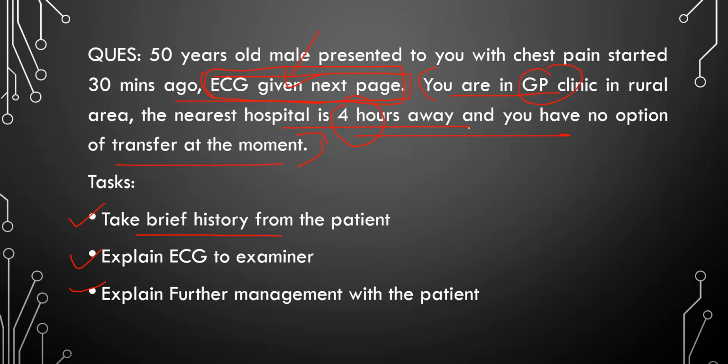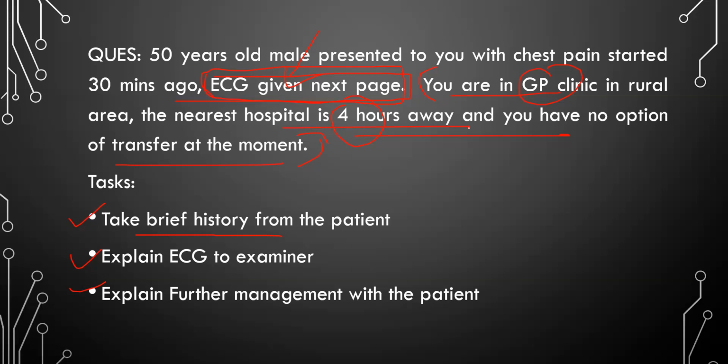Now, you can start aspirin, morphine, nitrate initially, or because you already have a task of management, you can keep that time for talking about this management at that time. That's also fine, as long as you are taking the patient to the resuscitation room or treatment room. Now there are two terms. One is called resuscitation cubicle. That's usually used in emergency department or hospital setting, and GP setting has treatment room.